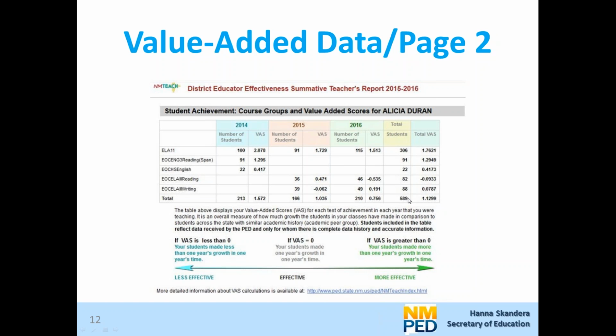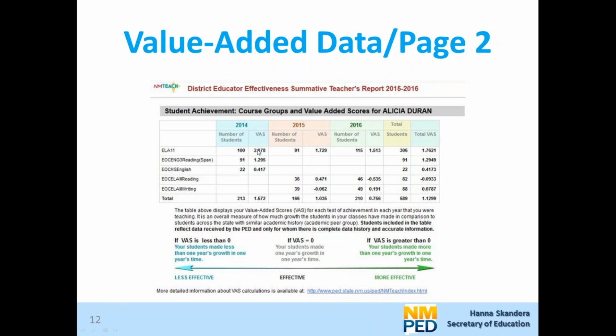And that's with 589 students who had the requisite data over those 3 years and across all those tests to be included as part of the value-added models. The way that we come up with this score is a weighted average. The weighted average is you make a quotient where you multiply the number of students divided by the number of students multiplied by the